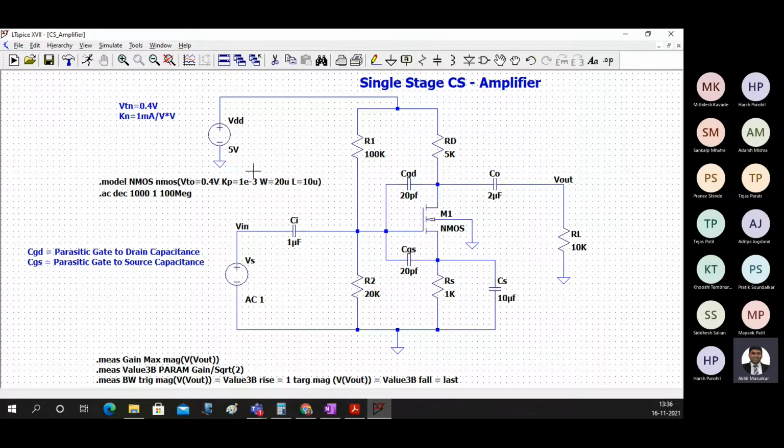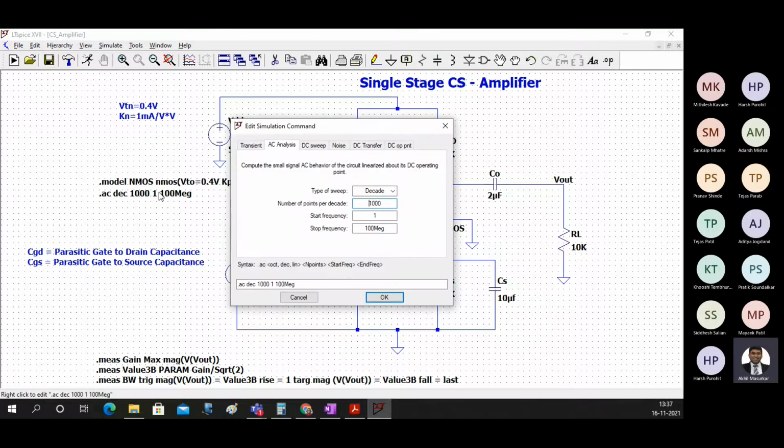So we will see the response of the amplifier. We have to see 3 responses. We have to see dot OP, we have to see dot AC, and we have to see dot tran along with dot measure commands. So first you put like this in the chat box, then we will see.